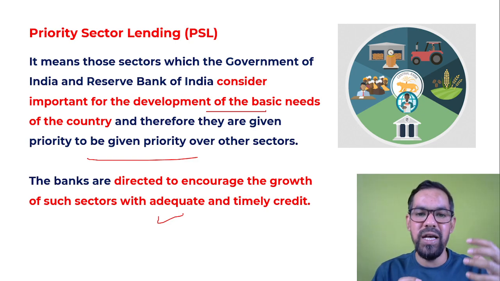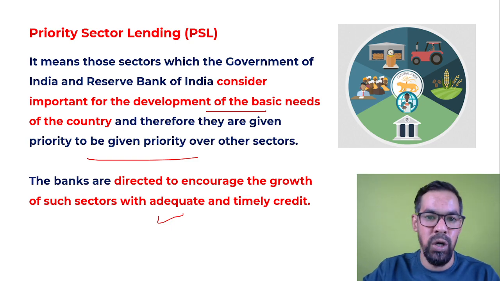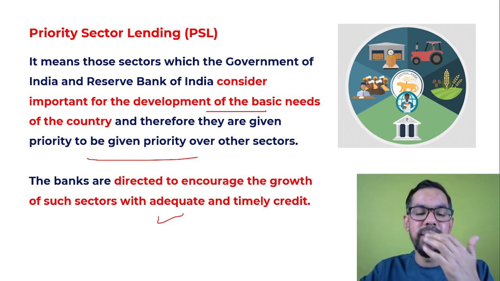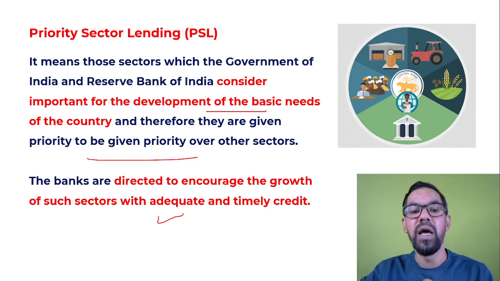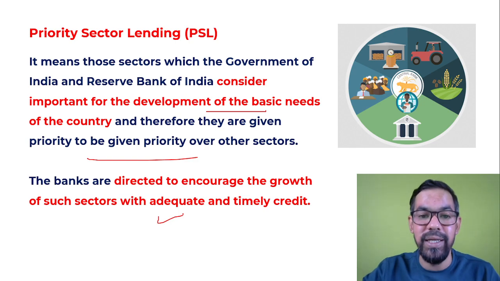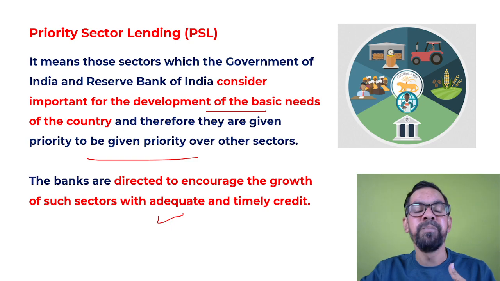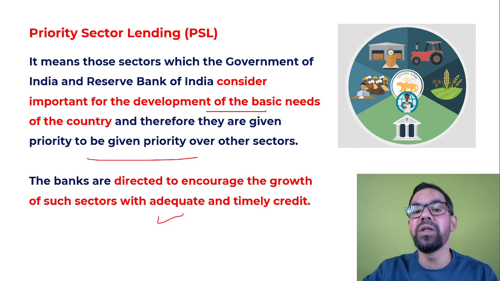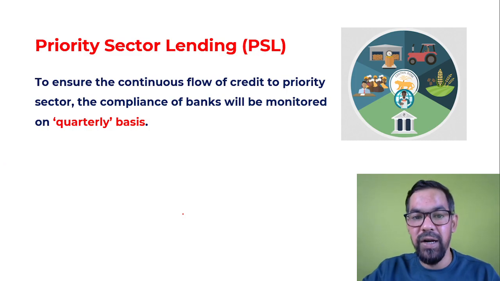Okay, so as we've gone through these 8 sectors, these are the most important sectors of the Indian economy. If you want good development in our economy, you have to work on these areas. Or even if you want to reduce poverty or reduce inequality in the Indian economy, you have to work on these particular areas. And we have maximum dependency on these 8 sectors, so that's why RBI categorized them as priority sectors.